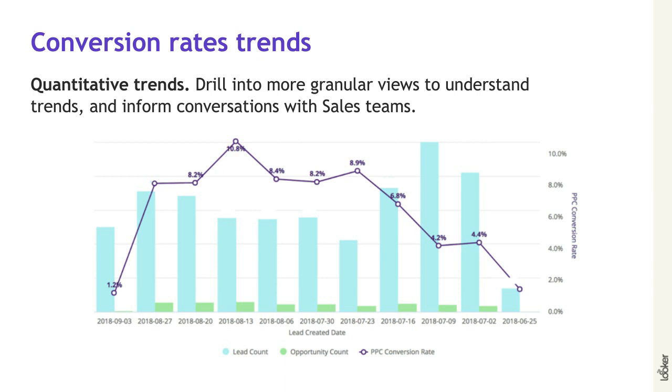dimension to the x-axis. So just like the previous report, the bars in the back are showing the lead count and the opportunity count, and the line chart that's overlaid shows the conversion rate from lead to opportunity. So with this data, channel managers are able to understand the trends and get more visibility into the efficacy of their efforts. So when a new strategy is pursued, this kind of analysis gives extra information to assess the success or not